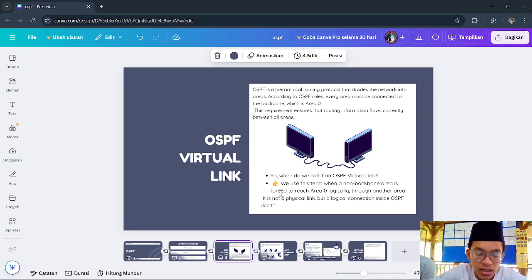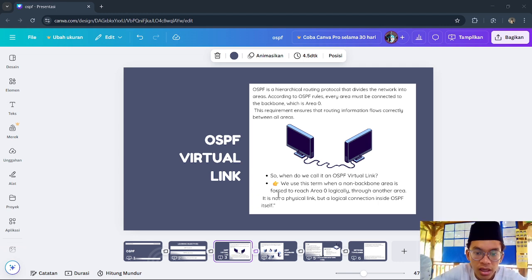A virtual link is a logical tunnel established between two area border routers, or ABR. One ABR is in area 2 and area 1, and the other ABR is in area 1 and area 0. By configuring a virtual link through area 1, OSPF treats area 2 as if it is directly connected to the backbone.